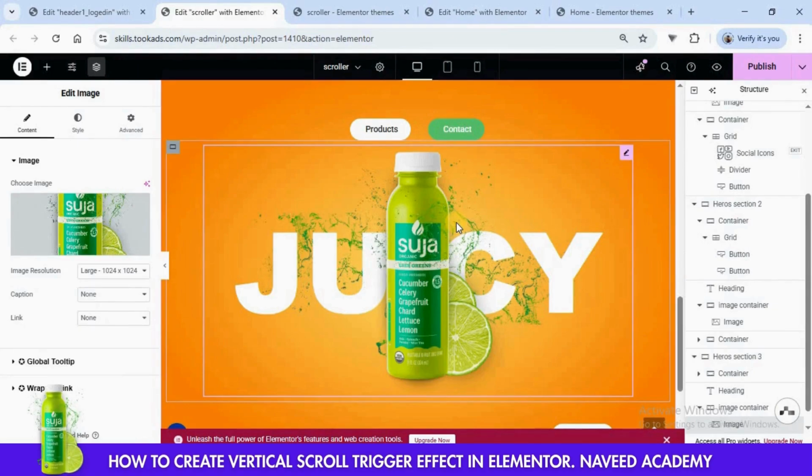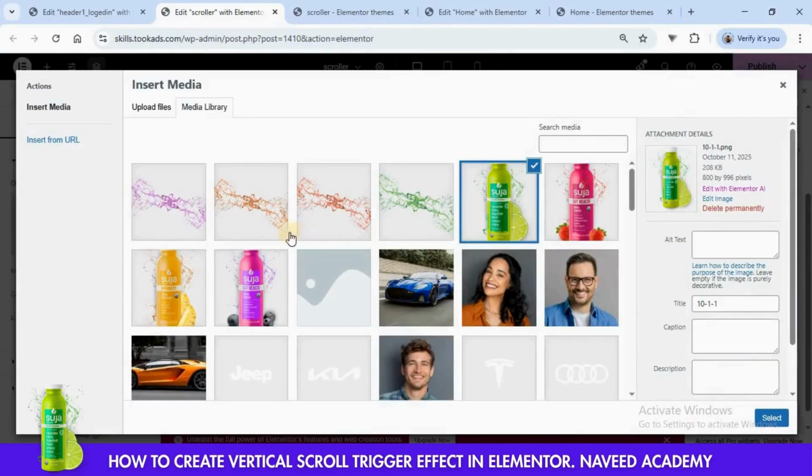Now after changing the background color, we need to change the image. Click here on this pencil icon of image. Choose the image according to your background.